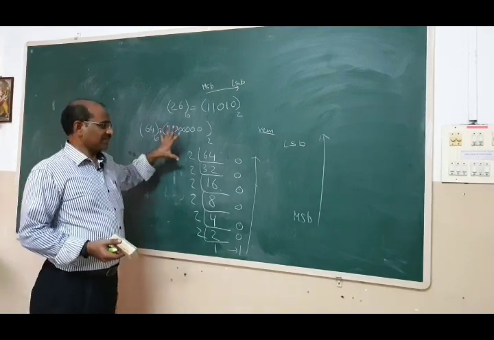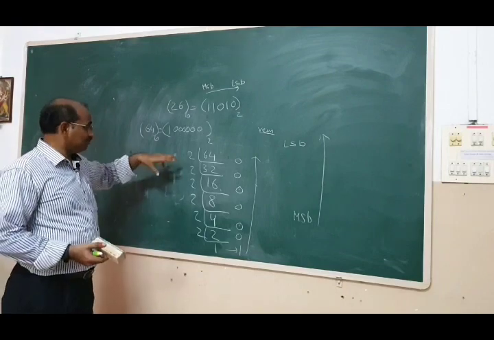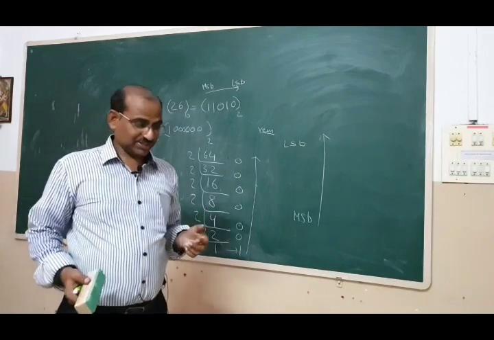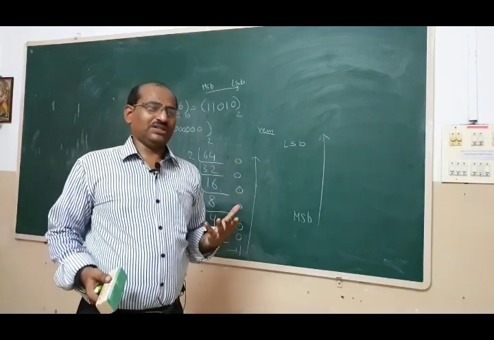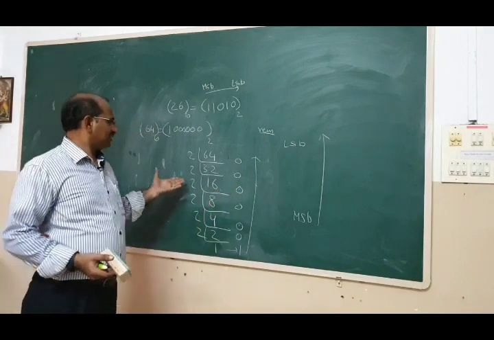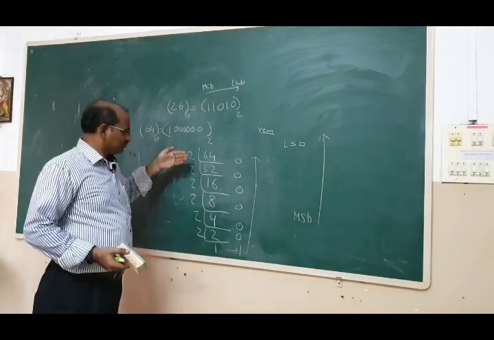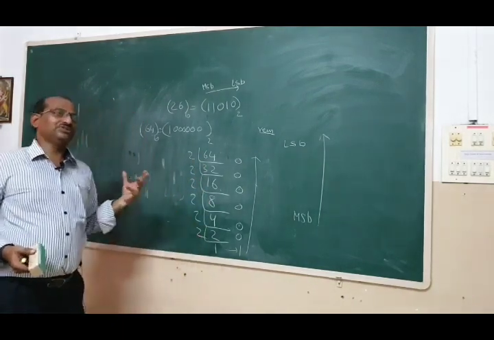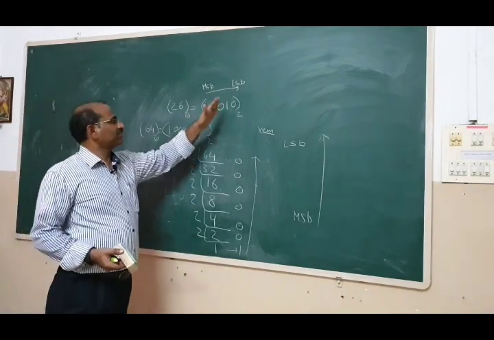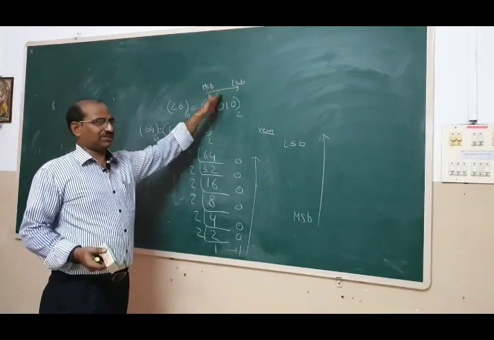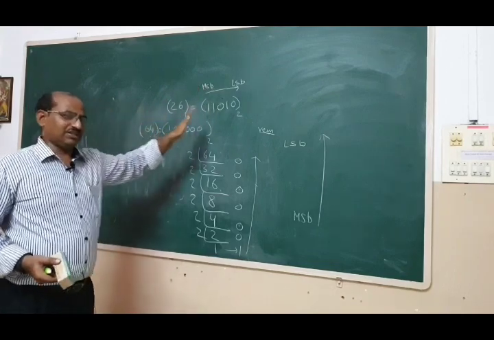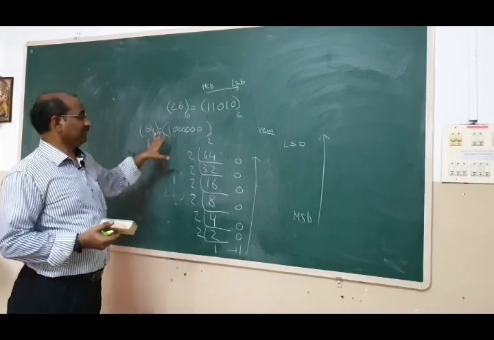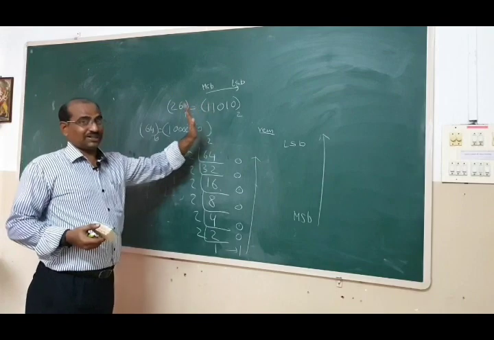Again we discuss, after doing all these things, the same using binary weights, right? And that is popularly known as, I think, the double dabble method. So that is maybe even more convenient compared to this one, because you have to do all these divisions, it is easy but it takes some time. But using the place weights, that means 1 2 4 8 16 32 in sequential form, you will get the answer very easily. That we will discuss after discussion of the fractional number conversion, right?